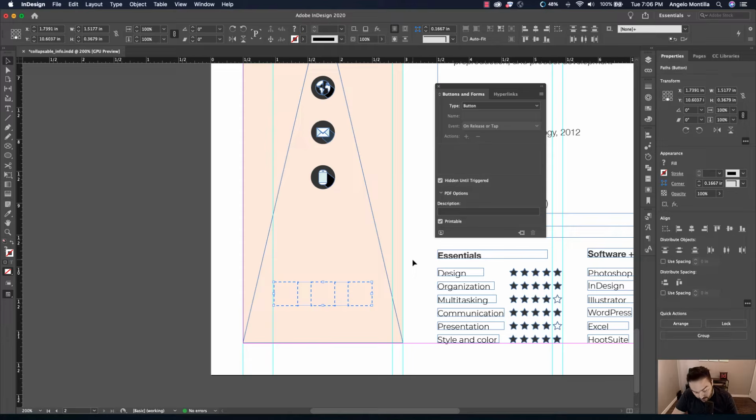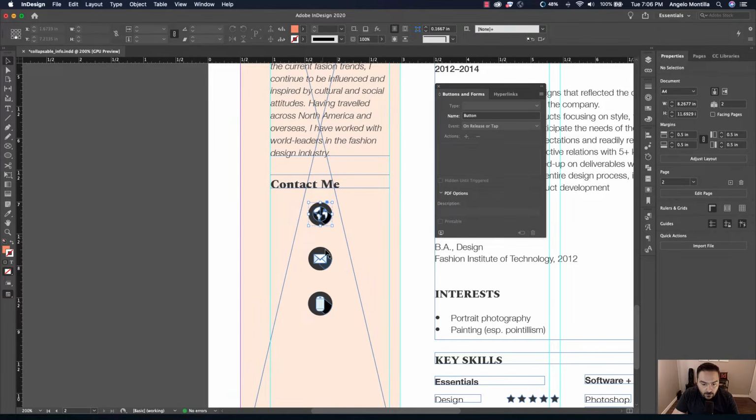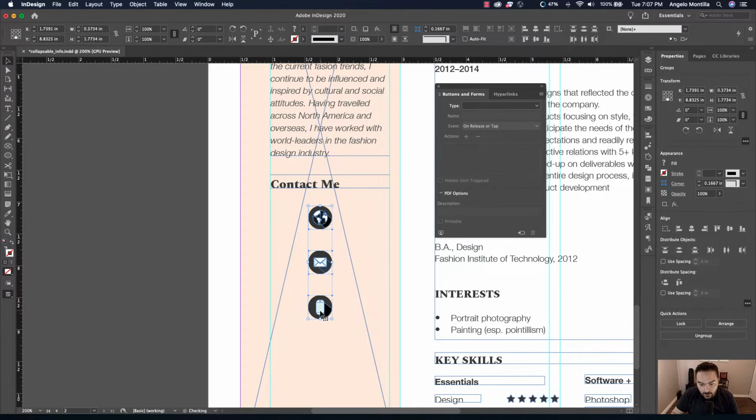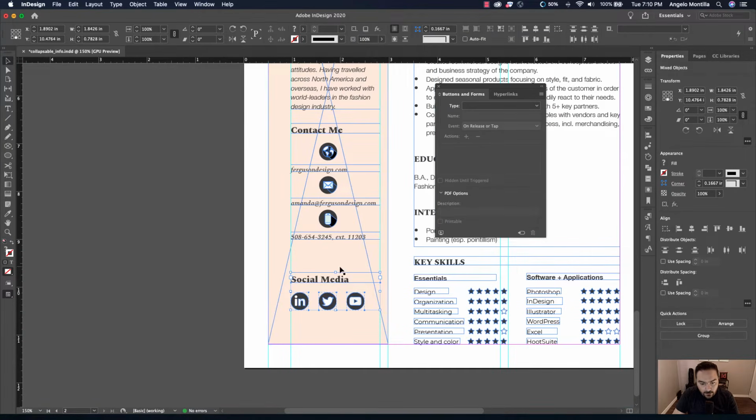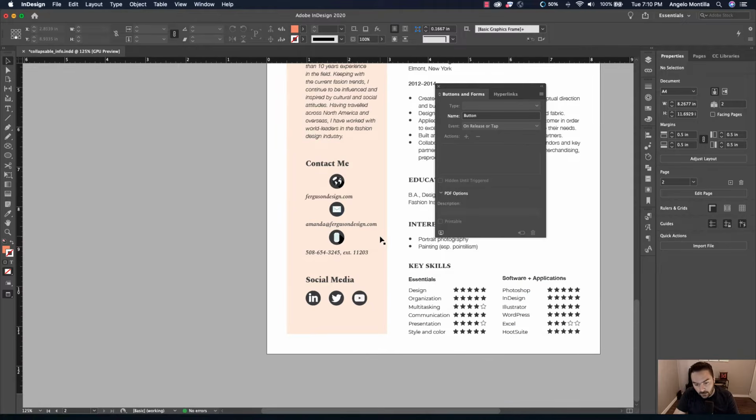I'm just bringing these to the front by hitting Shift Command and then my square bracket to bring them all the way to the front. That's a shortcut for send to back, bring to front, forward, or backwards. Okay, so I'm gonna maybe bring this stuff down a little bit, just to create equal spacing between all 3 elements. Perfect. Right there, it's telling me the space between Contact Me and About Me, as well as Contact Me and Social Media, are equal. Perfect. Let go, and there you go.